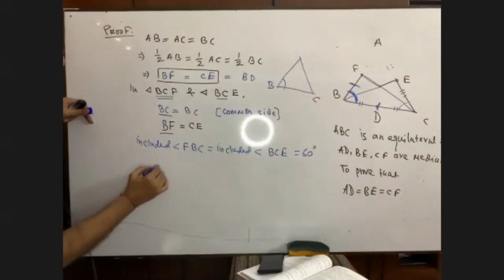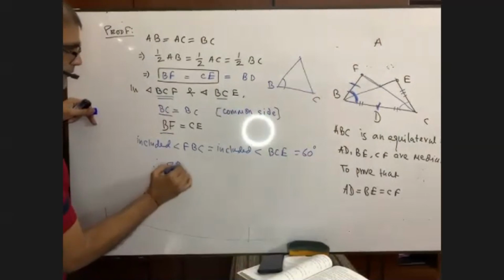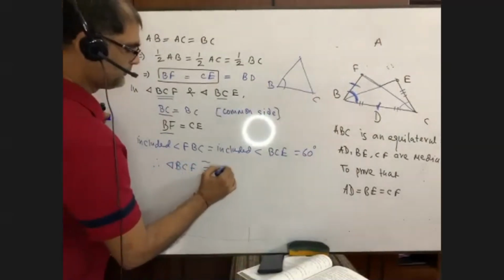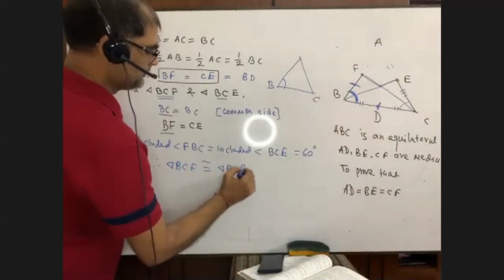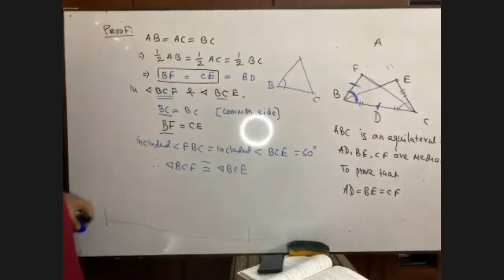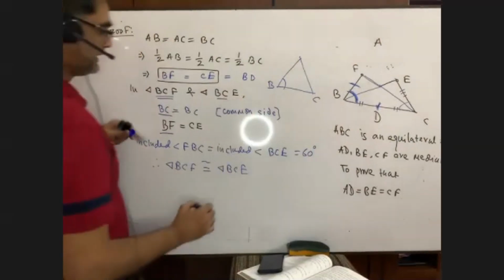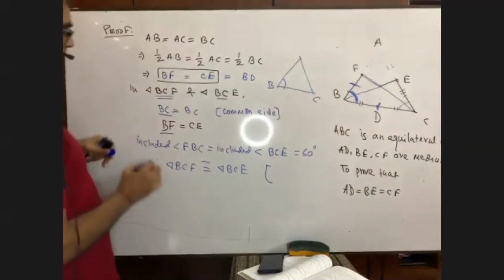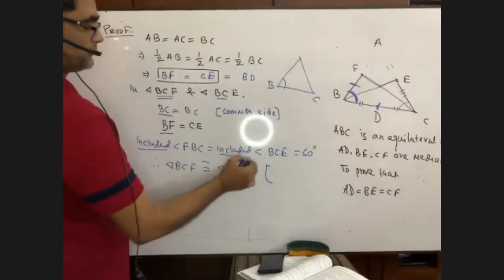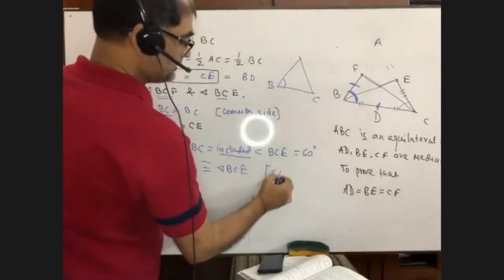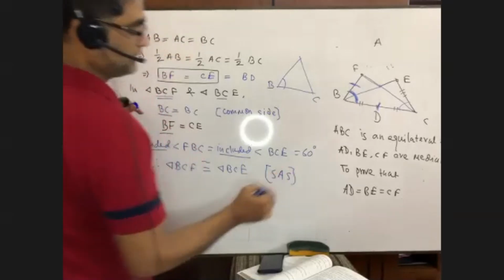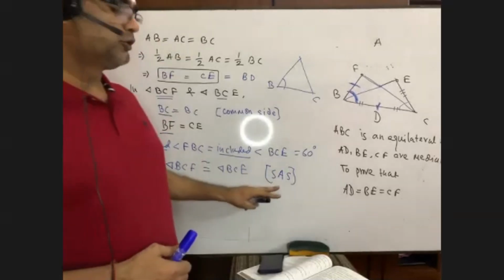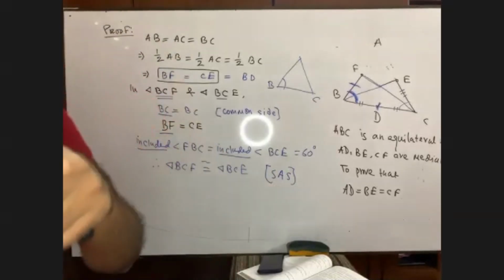That is, we can write here triangle BCF is congruent to triangle BCE. That is called, sir, could we not write without the word included? If you don't write it, you will get 0 marks. That is side, angle, side. In class 7, you read that two sides and its included angle. Can you remember?